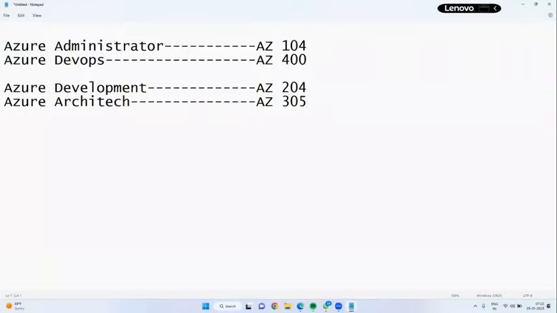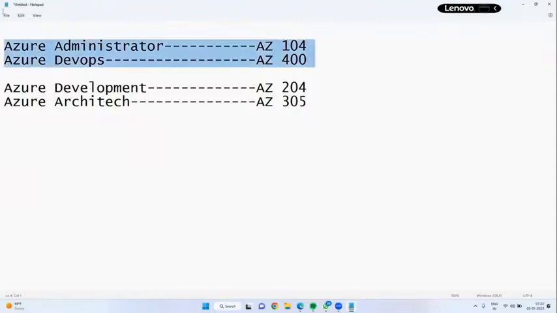As I said, there are Azure AI, Azure Cyber Security, Azure Data Engineer, Azure Fundamentals, Azure Machine Learning, Azure Security, and Azure Virtual. We have a number of certification papers, around 15 to 20, but very popular are these four.